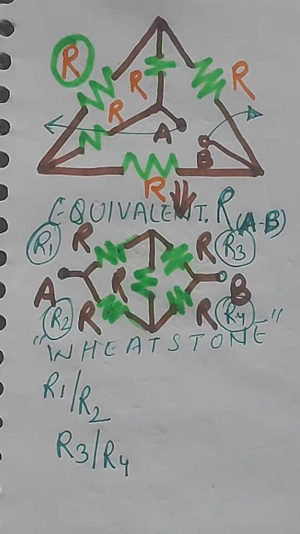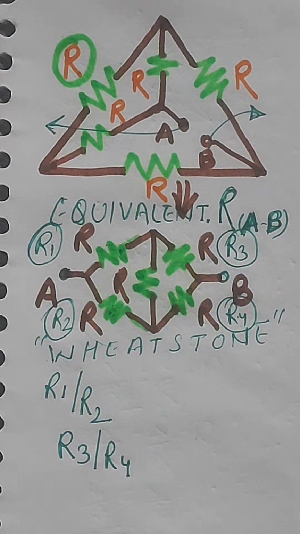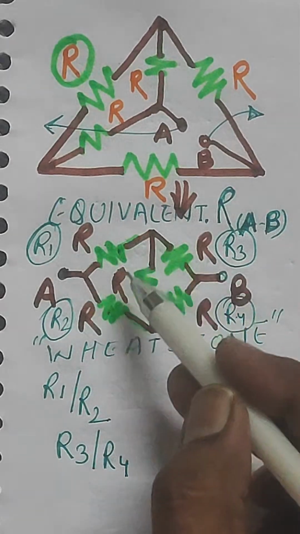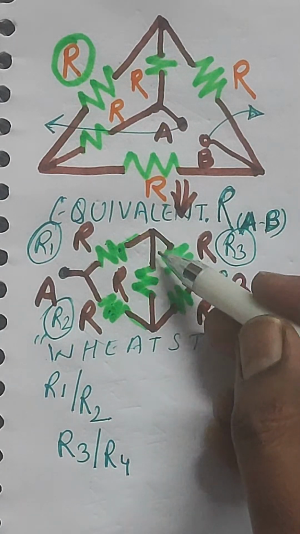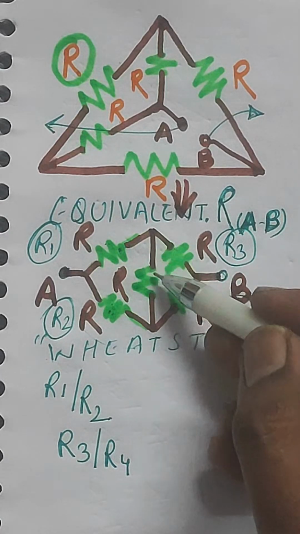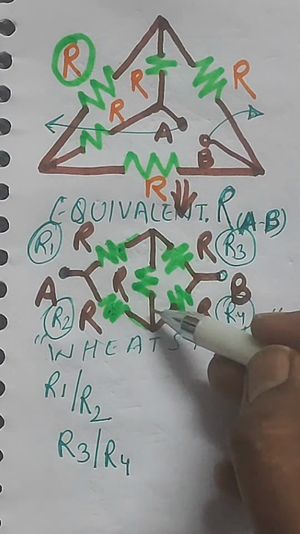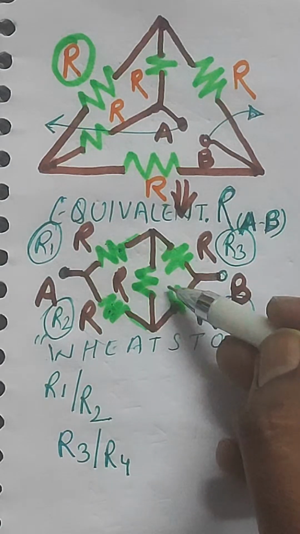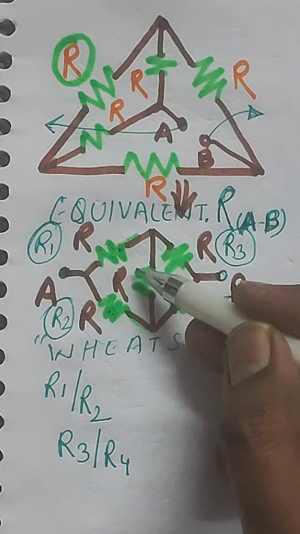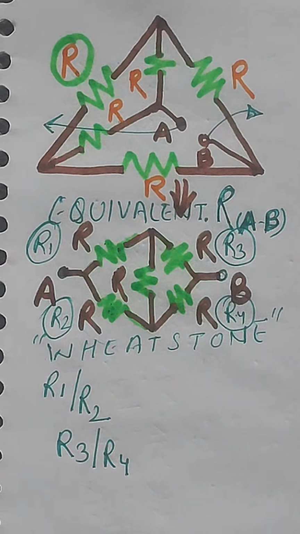If you remember the circuit of the Wheatstone bridge, in the central line a galvanometer was connected, right, which senses the flow of current through it,